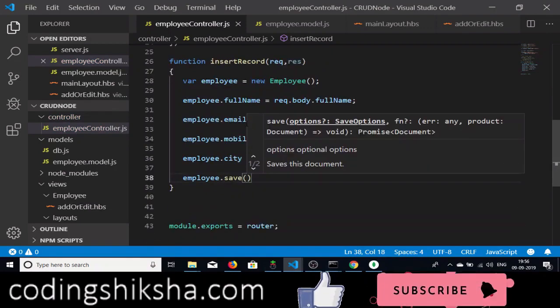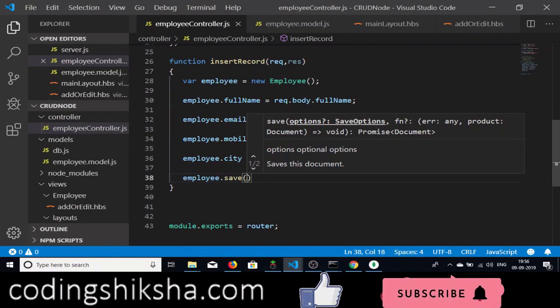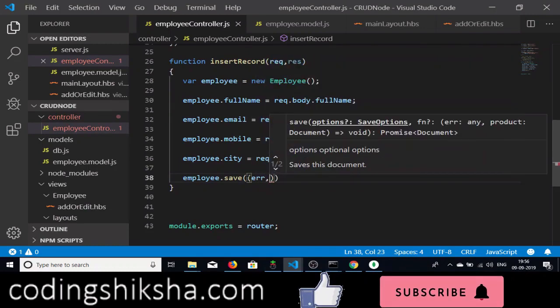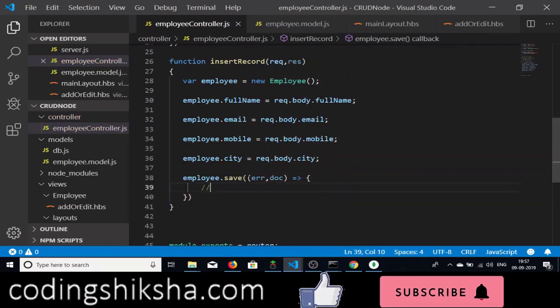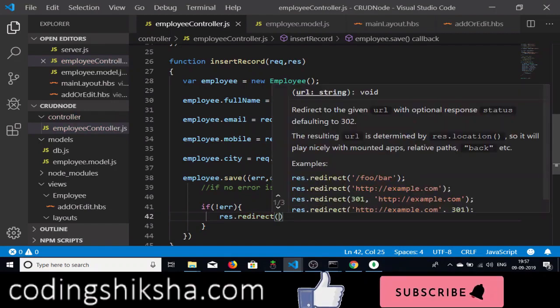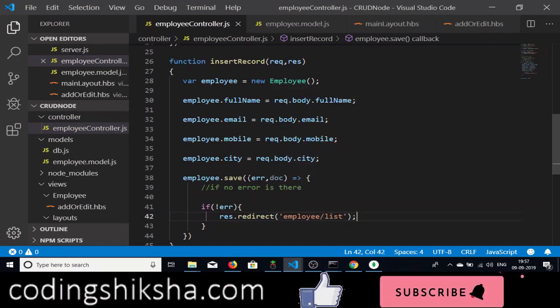It will be invoked on the model class. So we have this employee model class, and we are invoking this save method. This will take a callback function of error and doc. So we will check firstly for the error. If no error is there, this is the condition, we will be redirecting the user by using this redirect method to this URL, that is employee/list. So this will list all the employees that are inserted into the database,